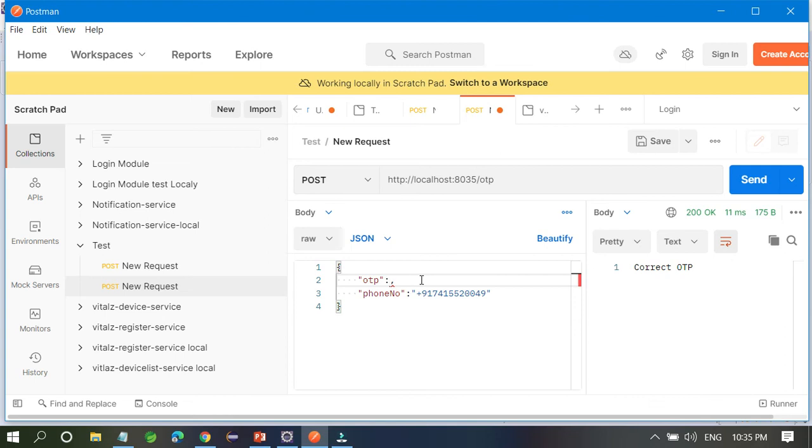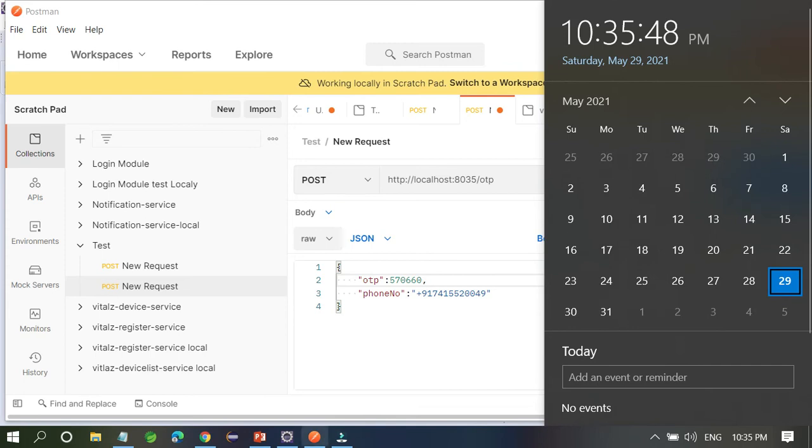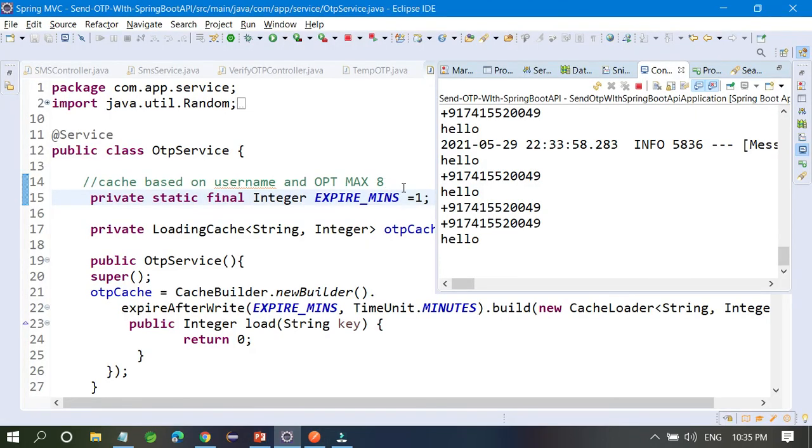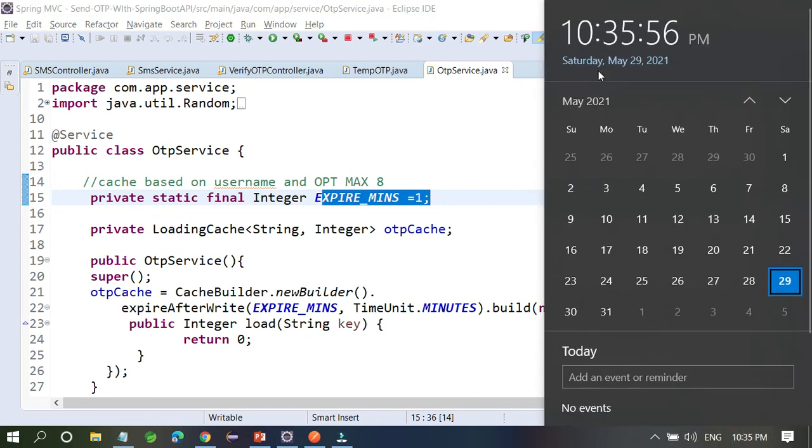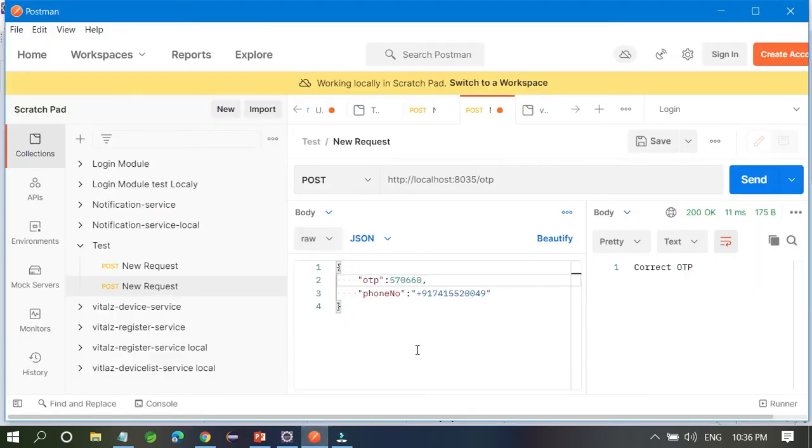So this OTP is 570 660. This is the OTP I have got right now. I want to verify this OTP, and I have already written the logic that my OTP expires after 1 minute. Right now it is 10:35. After 1 minute I am going to test it. This OTP is fine, no problem.